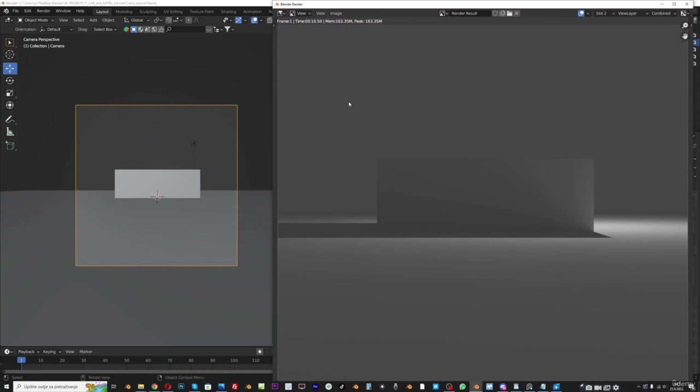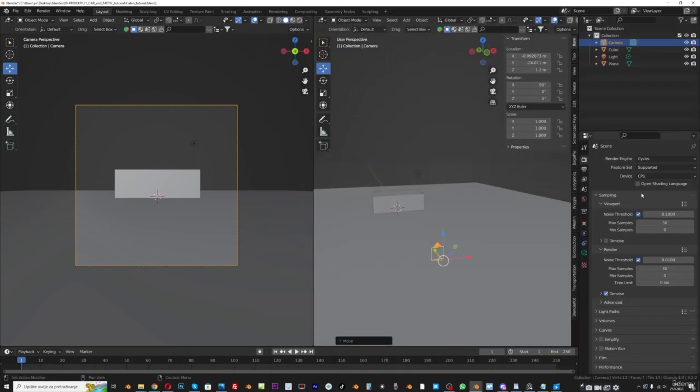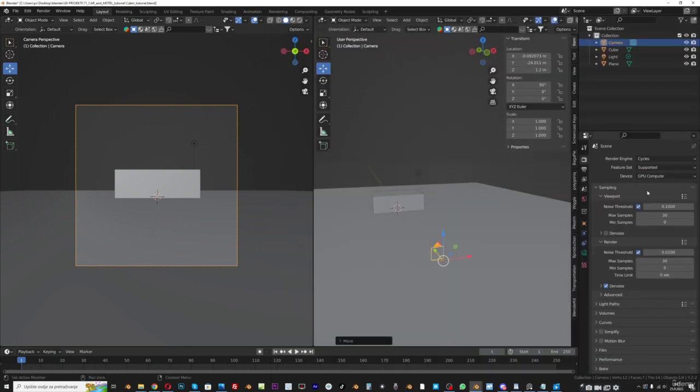But we can speed this up a lot because this is a very simple scene for now. So I will go with slot 3 and I will set this to GPU. And if you have this OptiX denoiser, you can set this to OptiX,